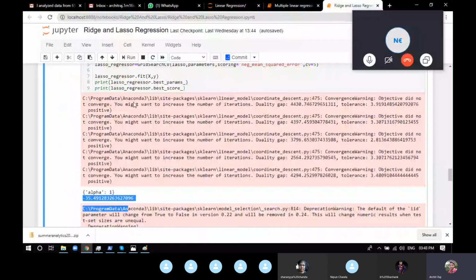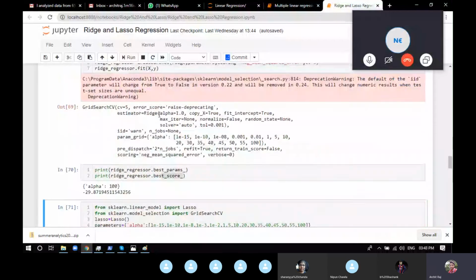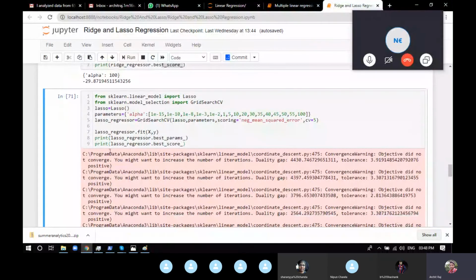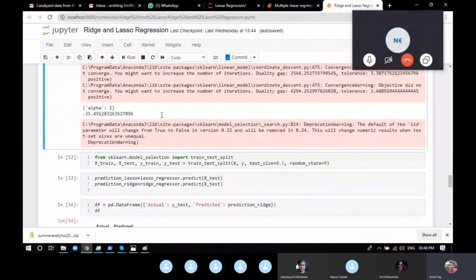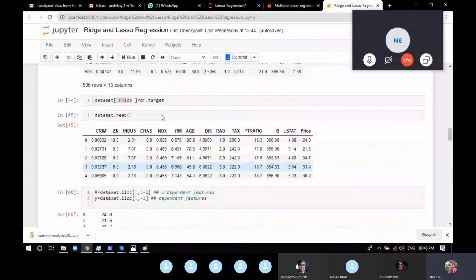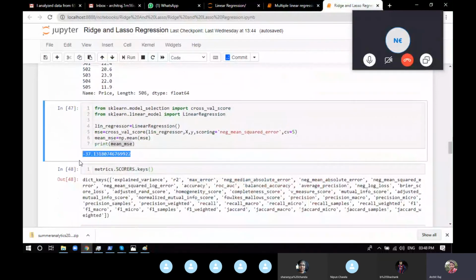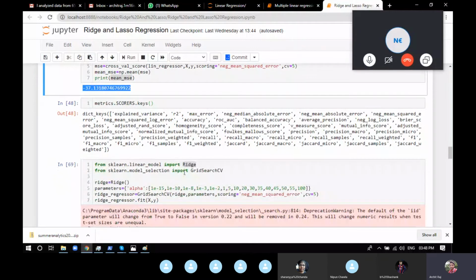Now you can see comparing Ridge and Lasso, Ridge worked better than Lasso. It's rare. Most of the time, Lasso works better than Ridge. In this particular example Lasso is not working better than Ridge, but most of the time you'll find that Lasso is working better than Ridge. For this particular data set, with linear regression we have this error, but assuming that this is overfit data, we tried Ridge and Lasso, and our model has been improved.